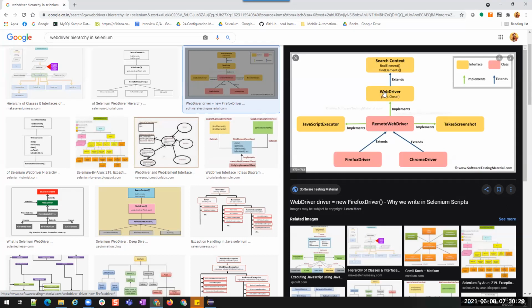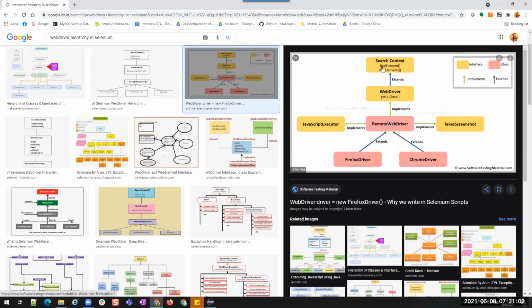And this WebDriver is implemented by RemoteWebDriver, because WebDriver is an interface and RemoteWebDriver is a class. Parallel to this we have two more interfaces, JavaScriptExecutor and TakesScreenshot. For now forget about them. We are going to learn about them a little later, once we complete WebDriver.